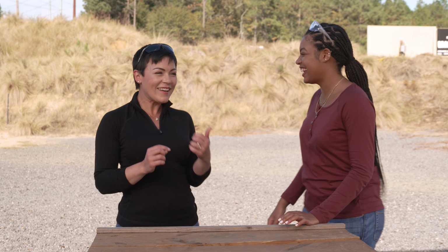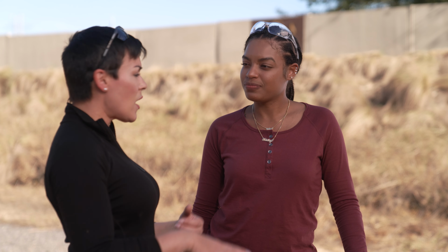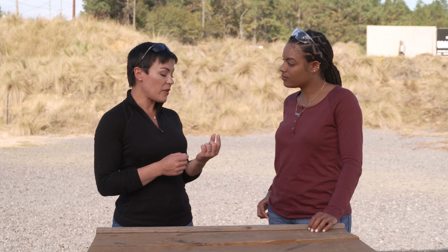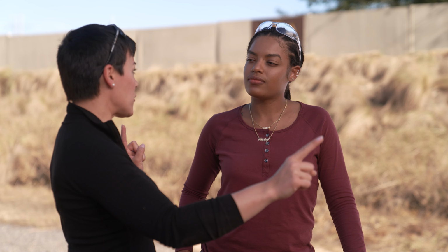Yeah, exactly. And then the fourth rule is no longer about you, the gun. It's now about the projectile. So the fourth rule is always be sure of your target and what lies beyond it. But that's only relevant if you understand why. It's relevant because the fourth rule is about that little bullet and the world you're about to send it into, and everything it could touch in that line of travel between you and being absorbed by that backstop or